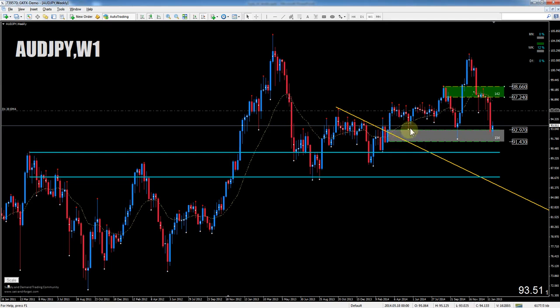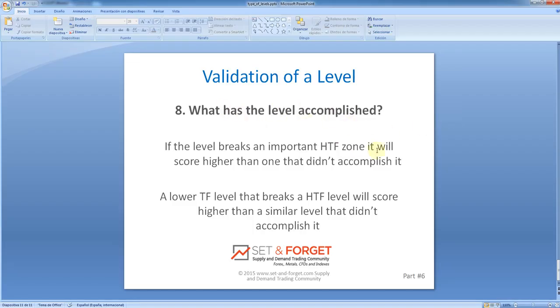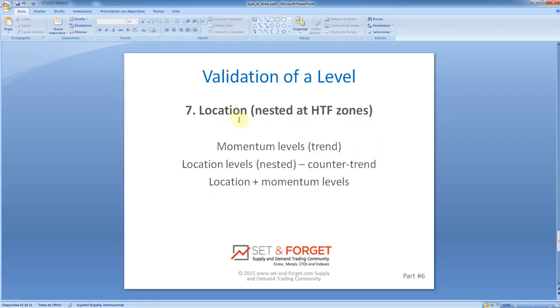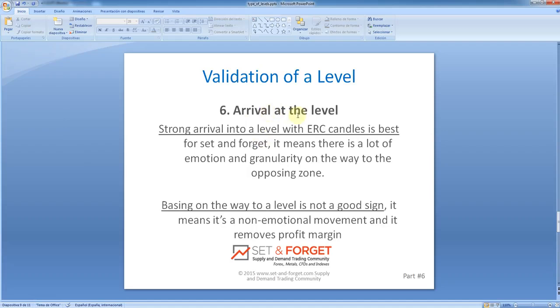So this is a while long on the weekly, and it's holding there. So you have to pay attention to what the level accomplished. It is a very important thing. So you have to read price and go backwards in time. This is a time machine, and then by drawing the trend lines, as explained in the small videos, and assessing what a level accomplished, if it removed an opposing area or not, you will be able to analyze how strong or how weak the levels are by analyzing what it had accomplished, where it is located, the arrival of the level,